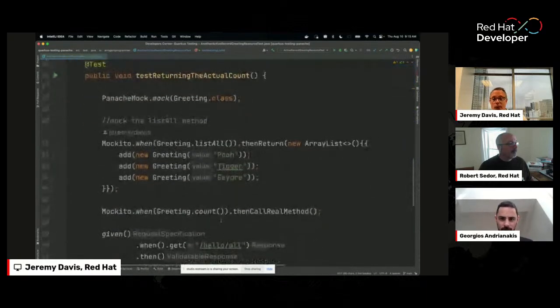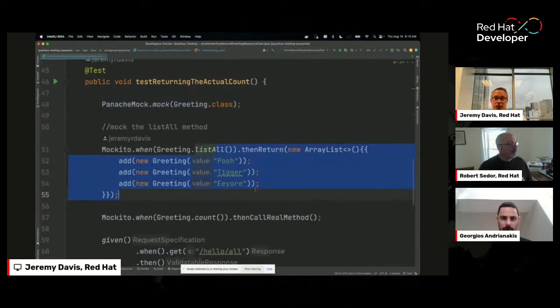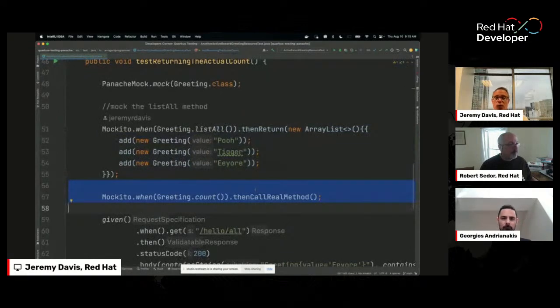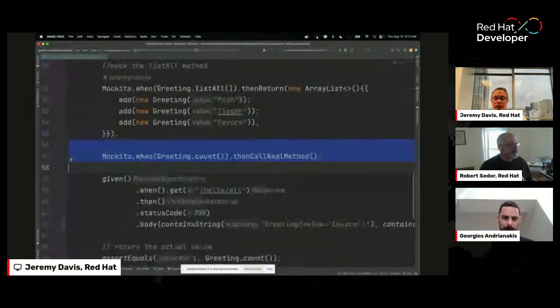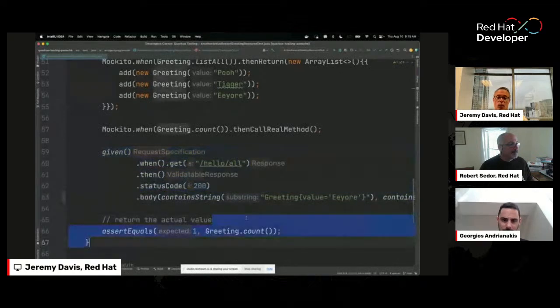If I wanted to see what was actually in the database, I can mock the class. I can tell it to return 3 objects when it's called, and then I can tell it to call the real method, right? So don't mock out this method, just mock out one of the methods I want to use. So this time, when I call hello all, I'm going to get one thing back